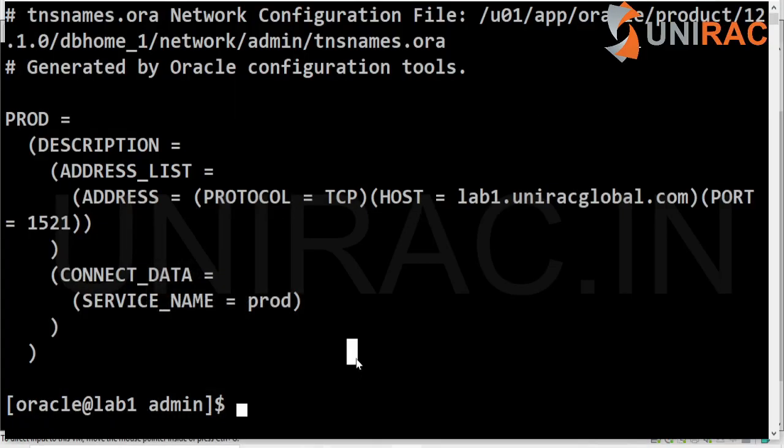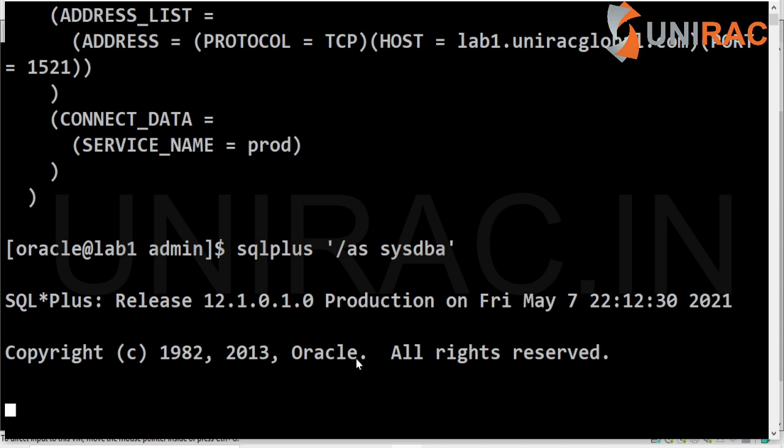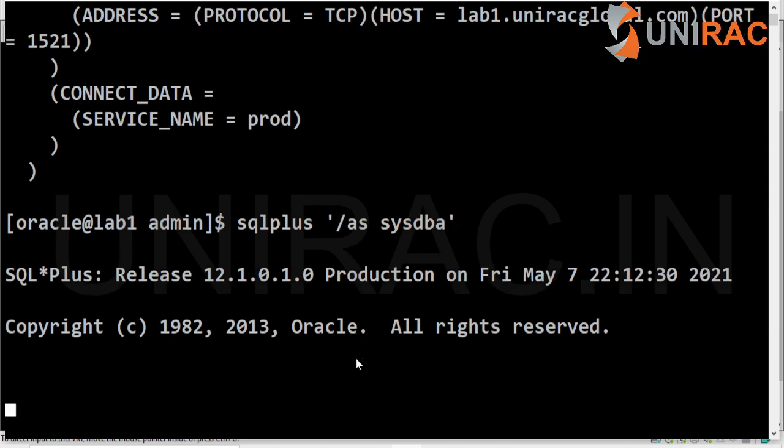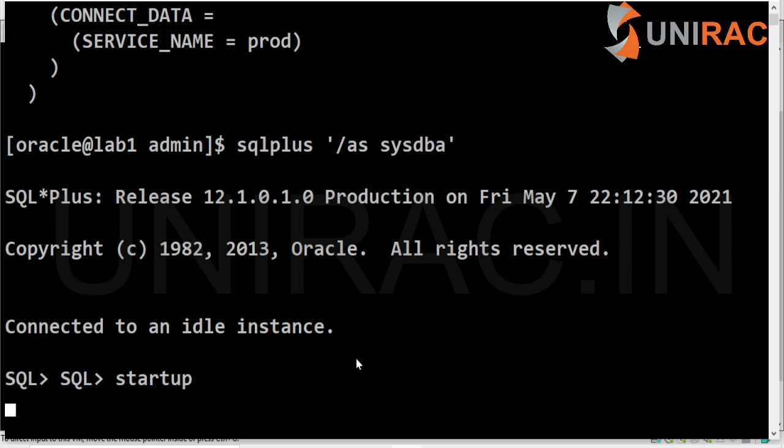So let's start the database. Connect with SQL Plus / as sysdba, or whatever user you want to connect with. Connected with the sys user. From the SQL prompt, let's start the database.